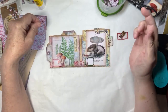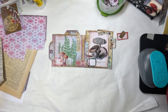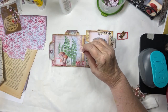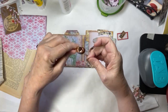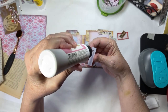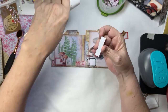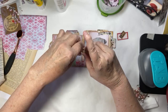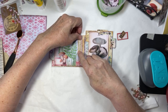And this is really what I had come up with because it is a fern and mushroom kit. So I thought, let's go ahead and add just a couple elements to this so that we can call this done and we can move on. So I'm just going to distress that tiny bit. And let's put just a little glue on here. That's not a little, that's a lot, but that's okay. Make sure I don't have it upside down. And let's just add that